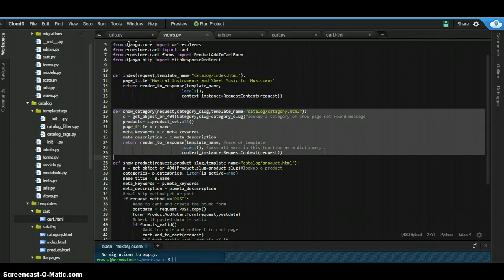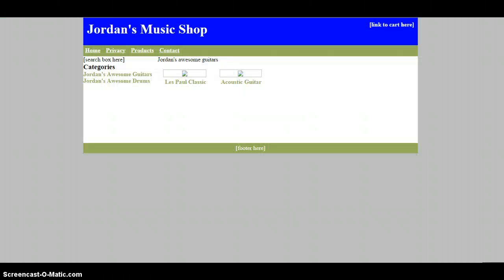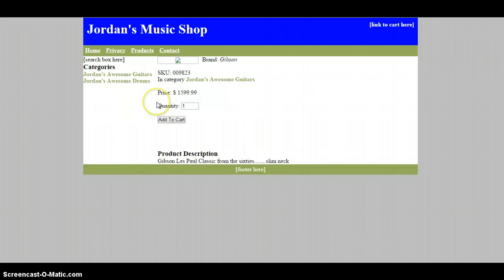Now I'm going to switch back to the browser, and I'll show you the acoustic and Les Paul guitars that are associated with that category. Right here. There they are. Okay. Now I'm going to click on Les Paul Classic. And before I add them to the cart, Django built a page to include a form. Django built this form from the forms.py file in the cart directory. There's logic to make sure we input a value or a valid number before data is sent back in the